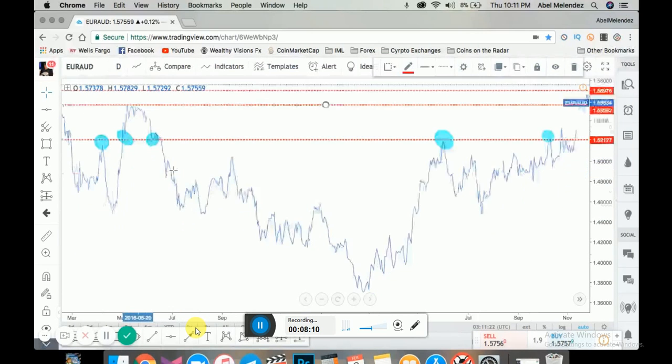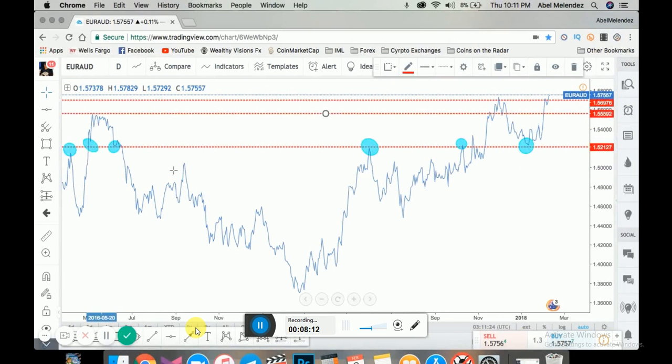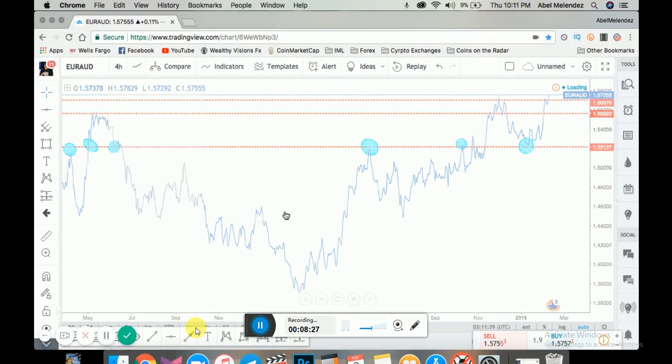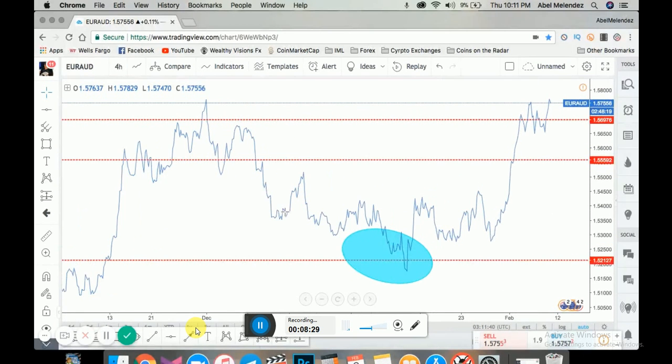It's going to be as accurate as you could possibly get using just a support and resistance line, okay? I hope you guys understand what I mean by that. And so when you do that on a daily, you can start working your way down. You go down to a 4-hour time frame, and then you start marking up some more support and resistance levels